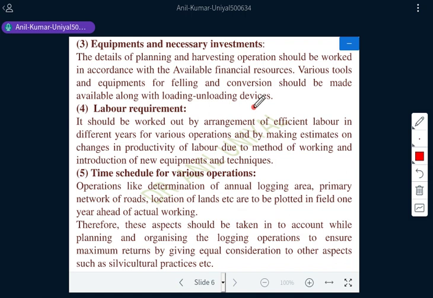Next, we have labor requirement. The arrangement of labor during the planning phase is also a necessary part, and it should be worked out by arranging efficient labor in different years for various operations, and by making estimates of changes in productivity of labor due to the method of working and the introduction of new equipment and techniques. Sometimes we must hire or assure the arrangement of labor as per the changing